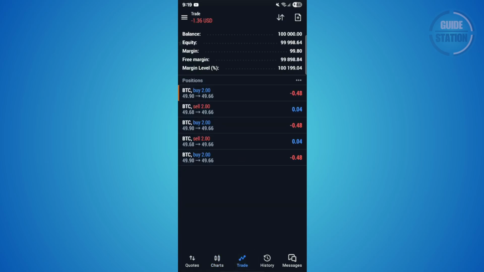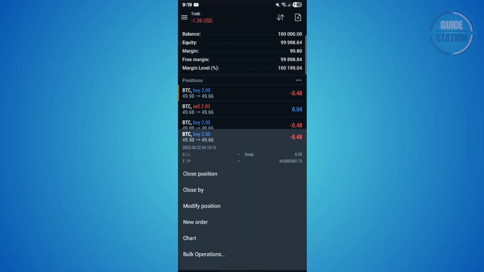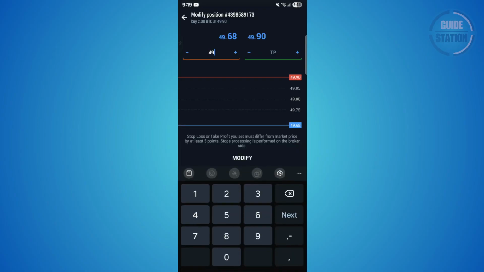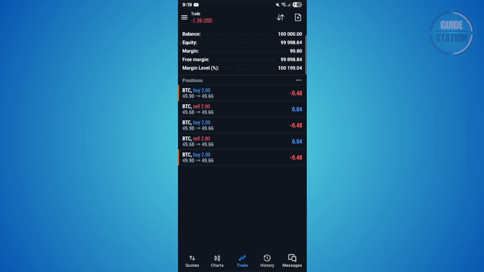Next, go to the trade tab and press and hold your open position. Then tap modify position. In the SL field, or stop loss field, type in that price and hit modify to save. And that's it. Your stop loss is now set, and you should see the line in your